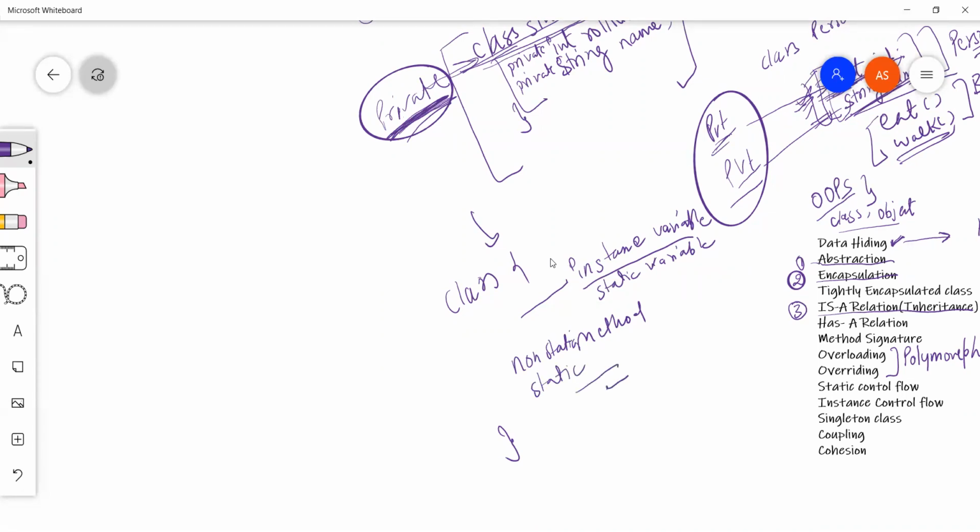There can be a constructor, other methods, and an inner class. So we are just concerned about this complete entity. And if we talk very specifically, these instance variables and these non-static methods.